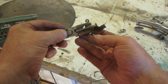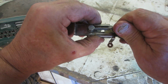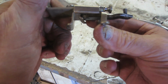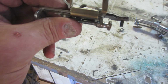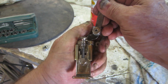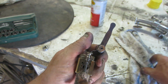Okay, and then we've got that part in there. Now let's see how this thing works, since we cleaned all those threads. Oh boy, that's beautiful. Let's see, something's a little binding here, and it's not the threads. Just a second here. Okay, and there she is. For a 90-year-old throw-off, she works pretty good. As you can see, she's coming up and down. They don't have the widest throw. I'd say maybe 3/8 of an inch throw on these, which is plenty if you've got your chords